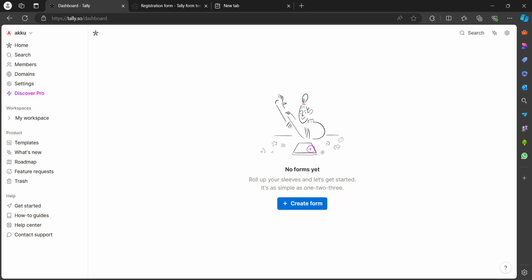So today I'm going to tell you how to build or create forms online using a website called Tally, and it's a free website that you can easily use. The link of this website is already given in the description box, from where you can easily access this website. After opening this website, you can use it without signing up also, but after signing up you will get more options.